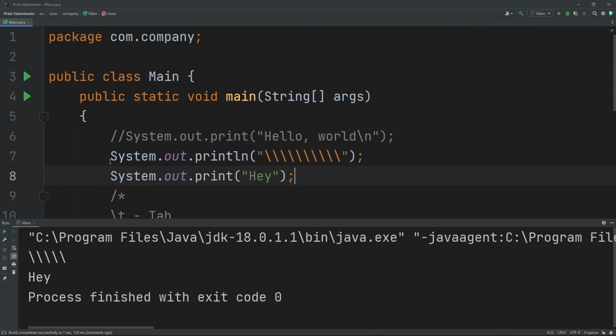we have system.out.println, and then we have our 5 backslashes here. And then this ln will create a new line after this code is done running. And then we have a new line over here that says, hey,